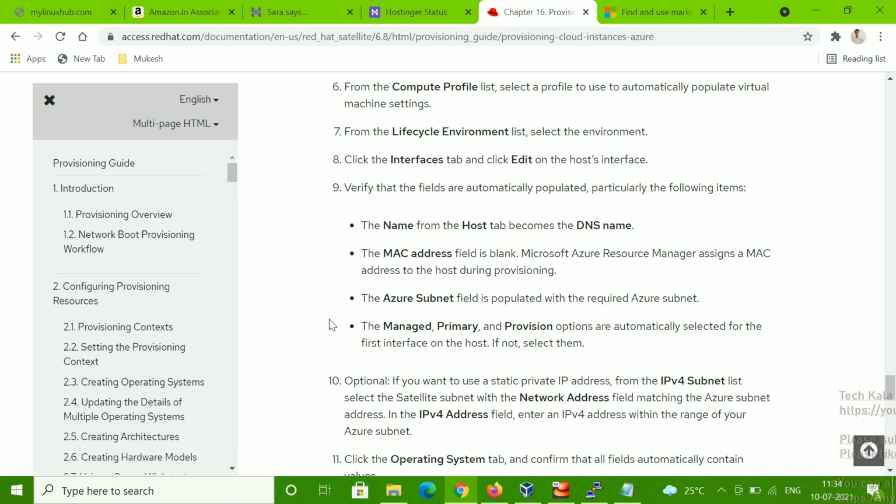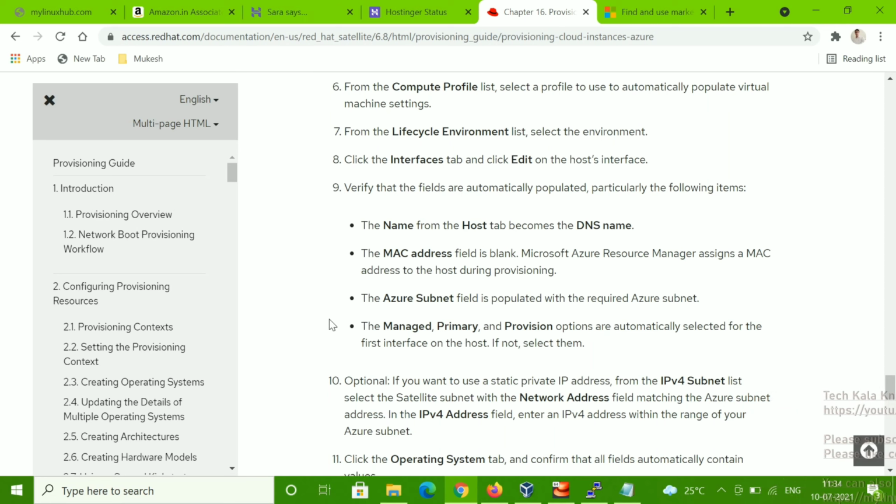If you need, there are some optional parameters there, and you can give them. Once you give all the details and make your selections, just hit submit. Once you hit submit, the provision will start.